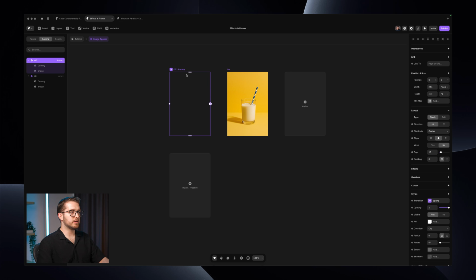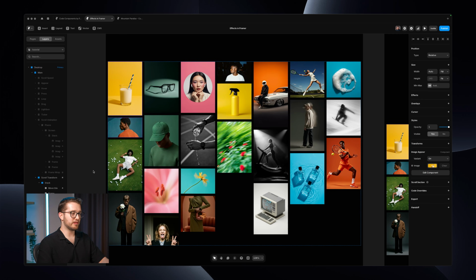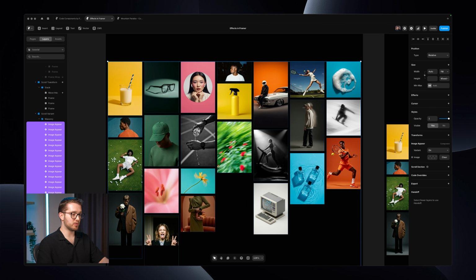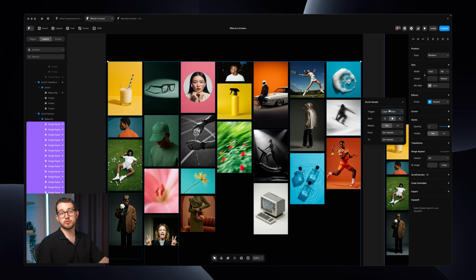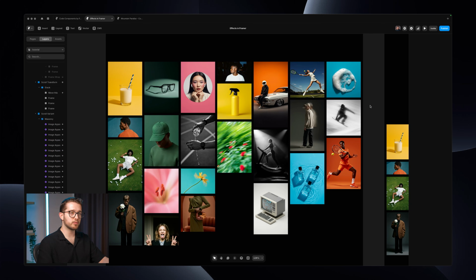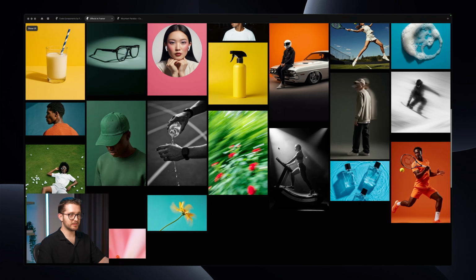So yeah, again, in order to animate between these, I just have to apply a scroll variant effect to all of these. So I'm going to select all of these components on the left. And then on the right, I'm going to go to Effects, Scroll Variant. And what I want to do, well, I want to animate from the off variant to the on variant when the layer comes into view. It's that simple. So now if I preview, I can scroll, and as you can see,